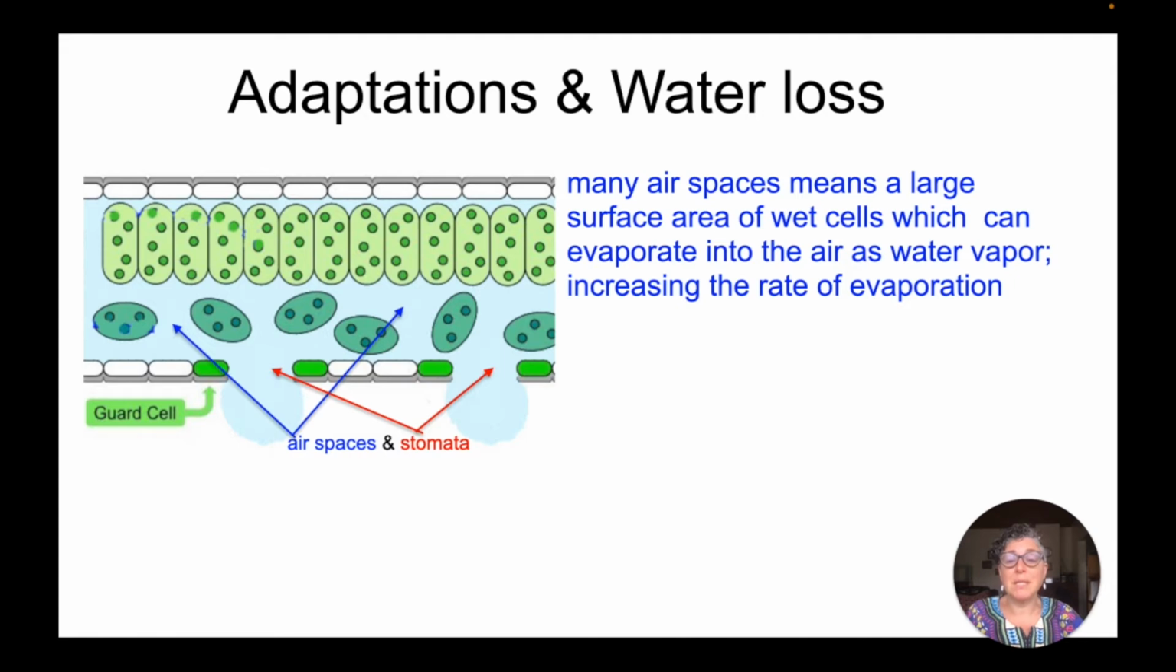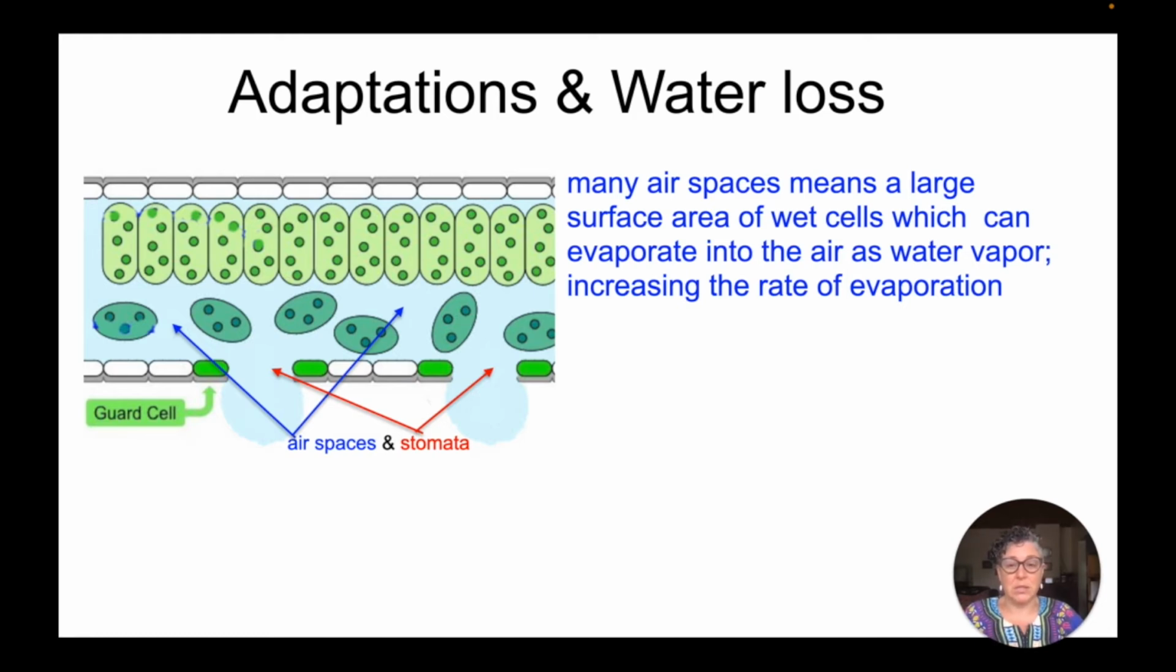What that means is that the entire surface of the cell is exposed to these air spaces, and so the entire surface of the cell can be covered with water molecules. And so all of those water molecules can evaporate into the air spaces as water vapor. Because of that, we have an increased rate of evaporation, which is going to affect the overall transpiration